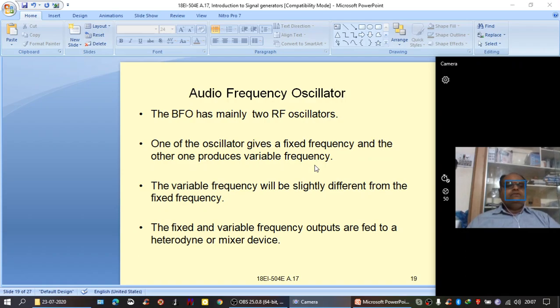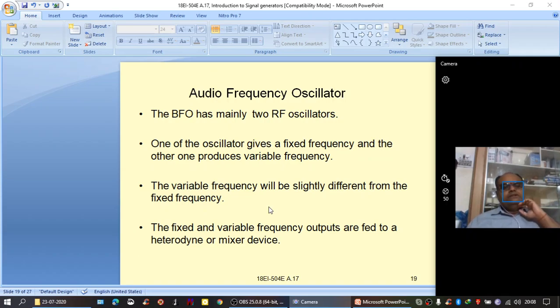In the decoding circuit of Morse code, the Morse code data is converted into variable frequency. The fixed frequency RF oscillator would be internally available in the BFO, and the transmitted Morse code data is converted into variable frequency. Now, the difference of these two frequencies, the fixed RF frequency and the variable RF frequency,